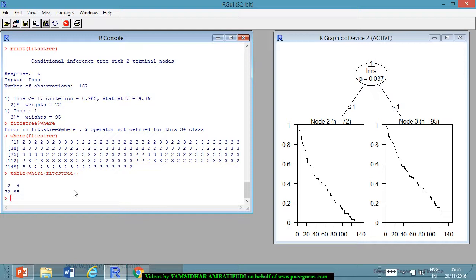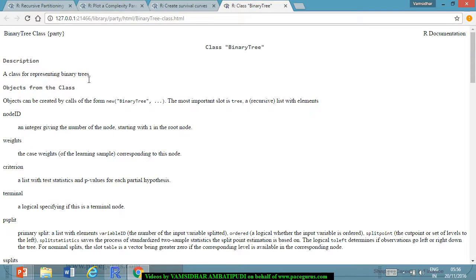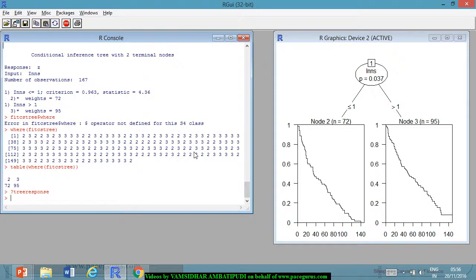Now you can very well go ahead in terms of plotting the tree just like the way we have plotted earlier, right? We can very well get tree response. Just look at one more function called tree response here, a class for representing the binary trees. So if you simply take S tree as tree response of fit CS tree,